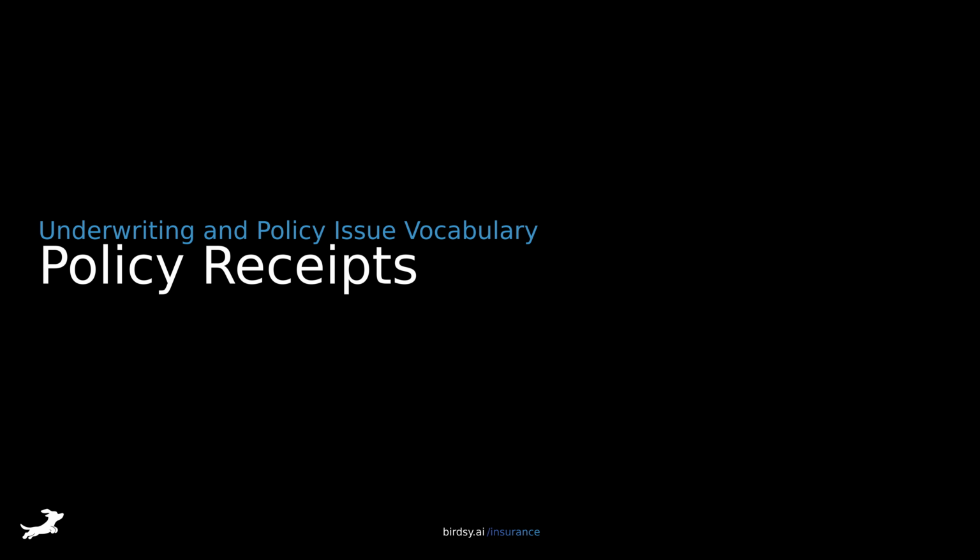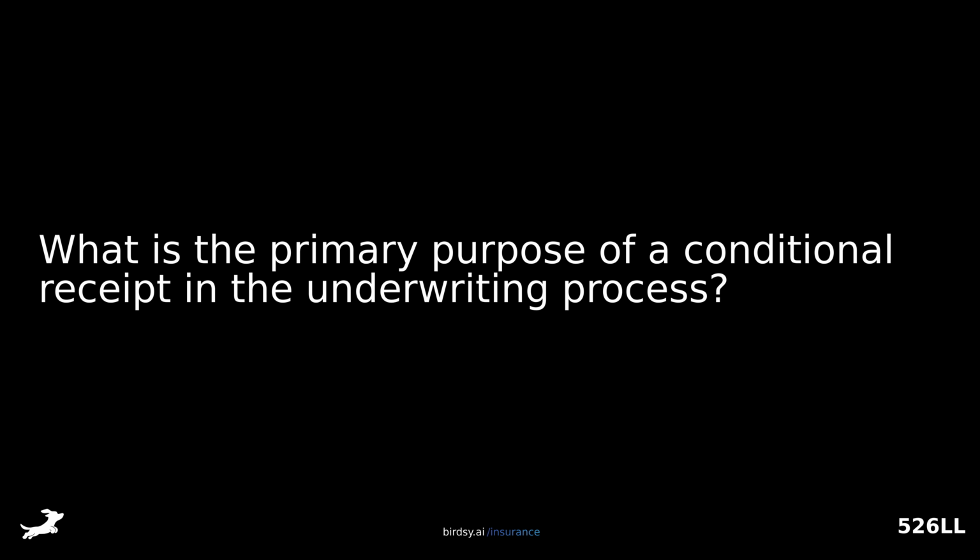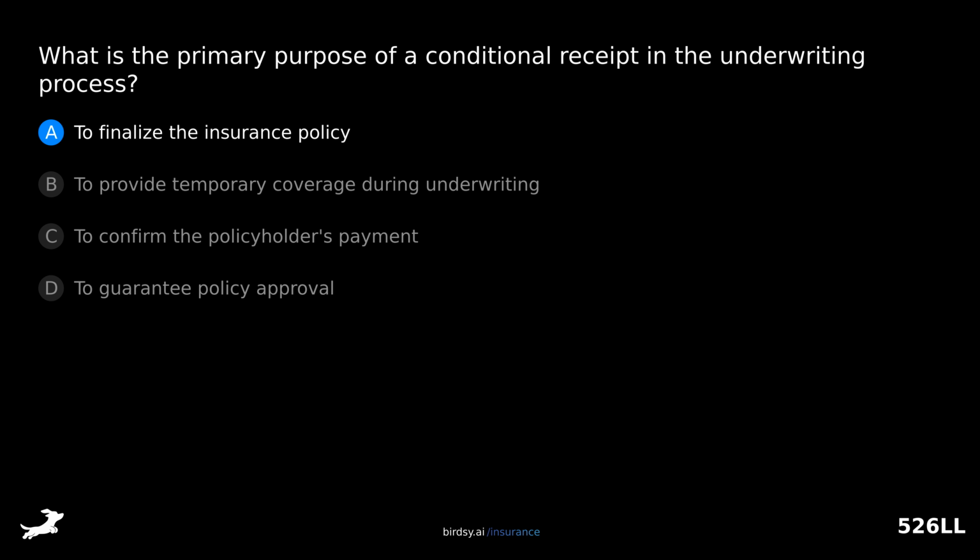Policy receipts. What is the primary purpose of a conditional receipt in the underwriting process? Is it A, to finalize the insurance policy? B, to provide temporary coverage during underwriting? C, to confirm the policyholder's payment? Or D, to guarantee policy approval? The answer is B, to provide